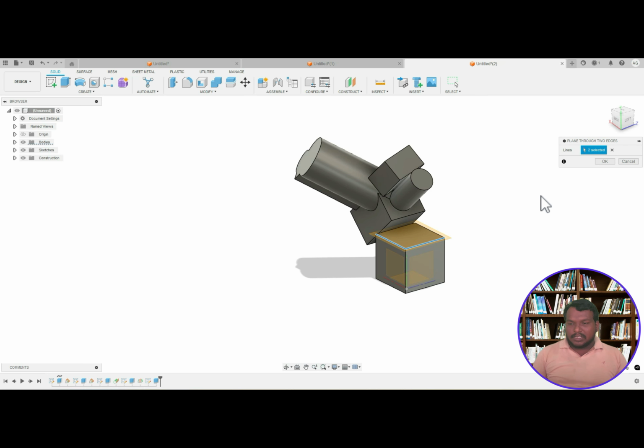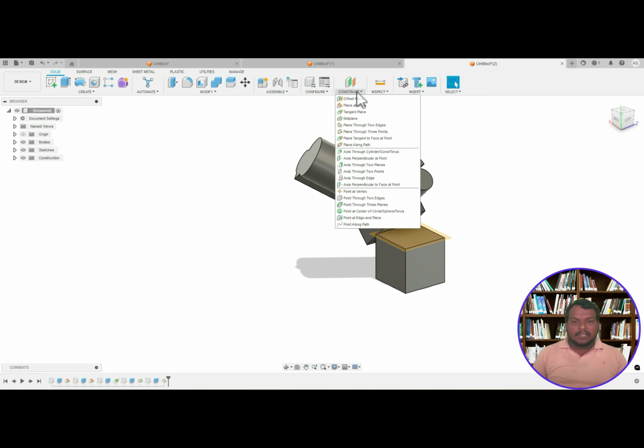through two edges. So I'm selecting two edges. This one is not selected. This is linear, which means on the same plane. So this is a different plane. Okay, I'm selecting this. Okay, this one is the plane through two edges. So next is that